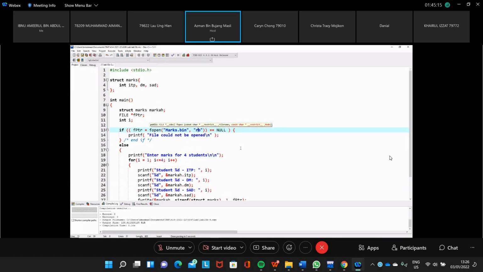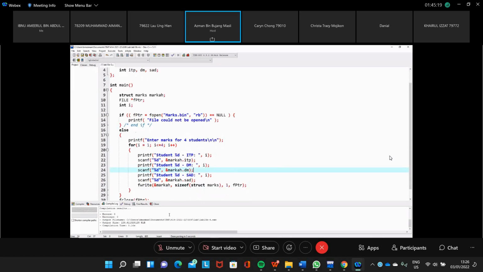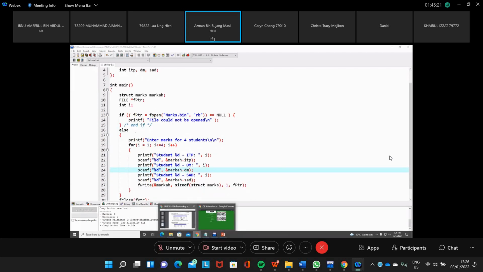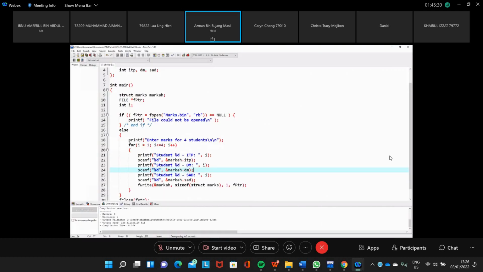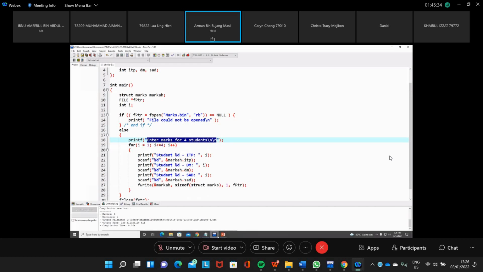Now we just get into the else part, and the output looks like this: marks for 4 students. So we don't have this anymore. We just put here marks for 4 students.